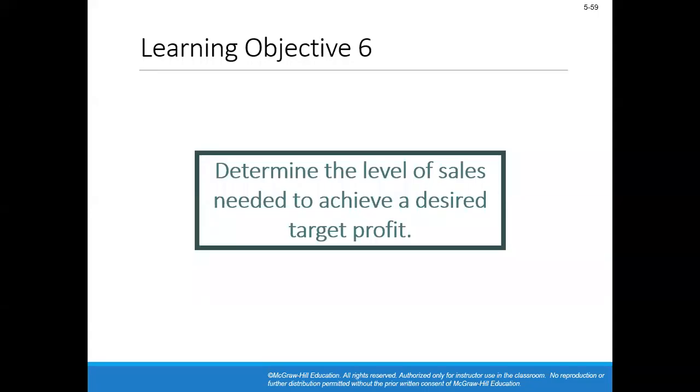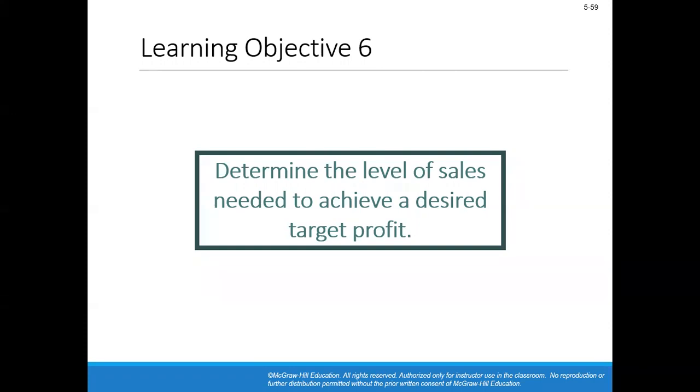In the previous class, we learned that it is possible to determine the sales quantity required for meeting certain fixed expenses, sales amount either in quantity or in dollar amount. In continuation of that learning, what we are interested to do in learning objective 6 in today's class,